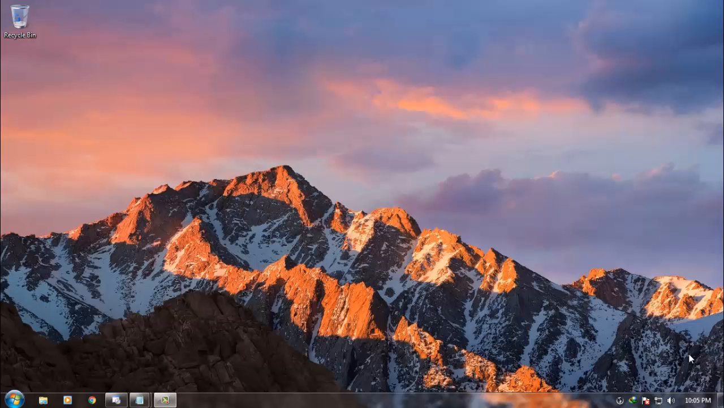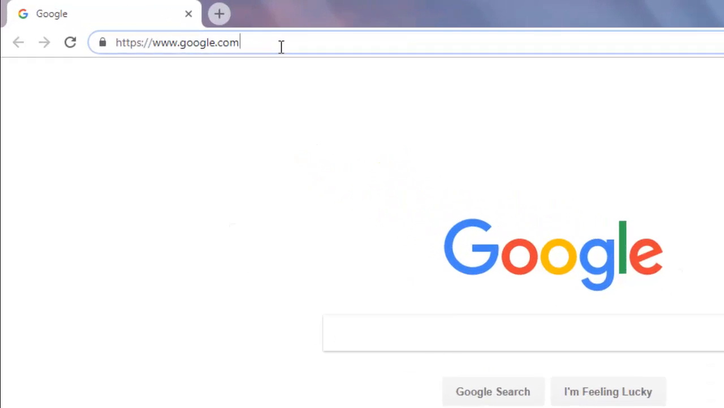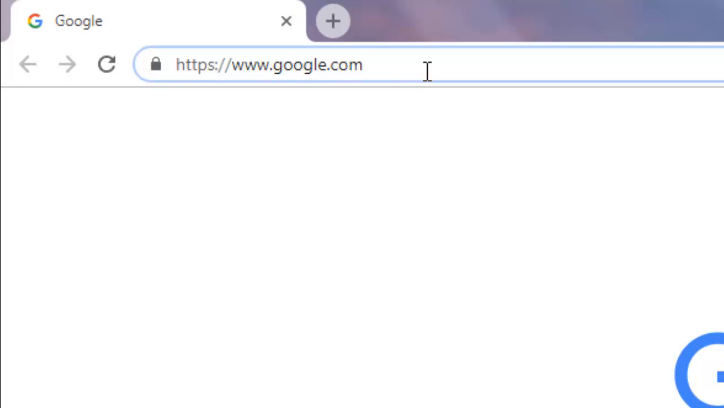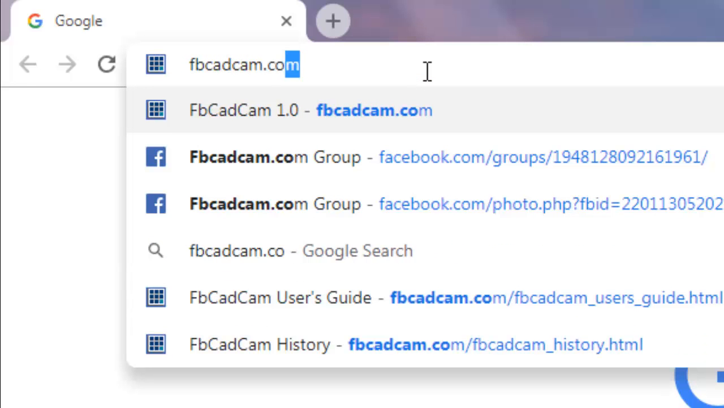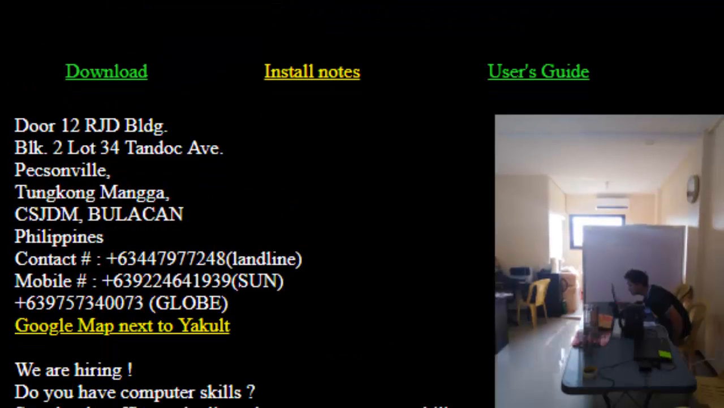Today I'm gonna show you how to install an FbCadCam application. First, go to our Google Chrome browser. In our Google Chrome browser URL, just type FbCadCam.com. Once you see that, go to download